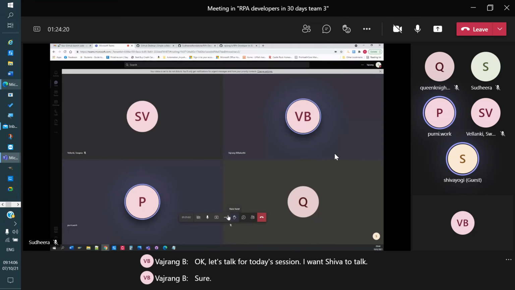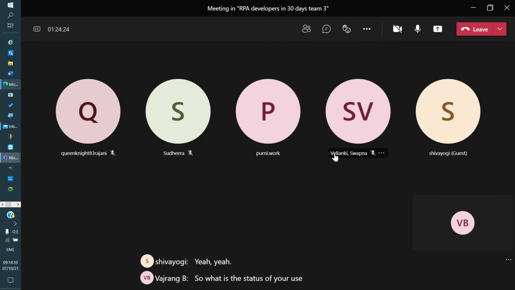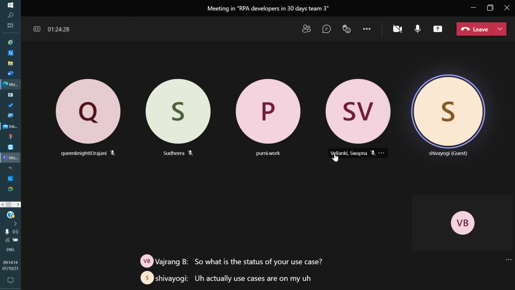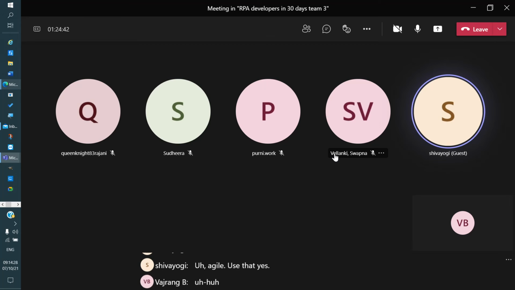Yeah. So what is the status of your use case? Actually, the use cases are on my company's asset. I think yesterday it was resolved because I used it on Edge. On Chrome it is not working.